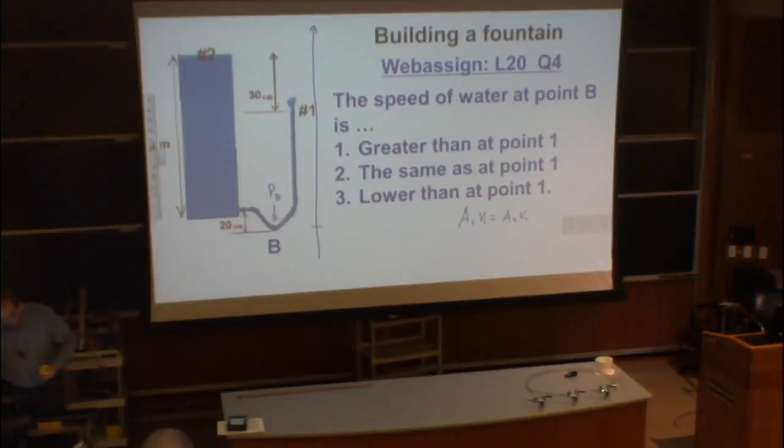But for Bernoulli's equation, we should choose point 1, point 2. Now we keep the same point 1, and this is not point 2, that's point B. So we should write pressure at B plus ... should be equal to pressure at 1, which is atmospheric, plus